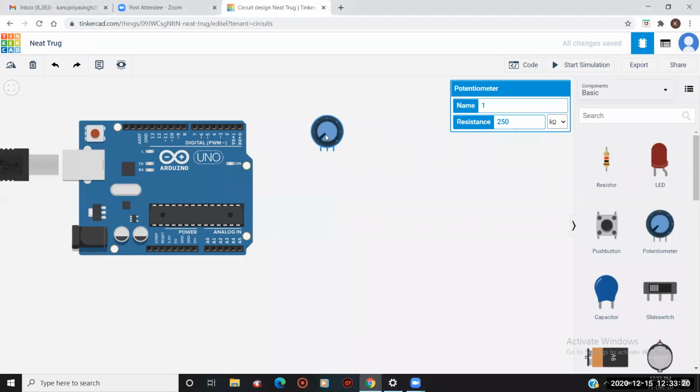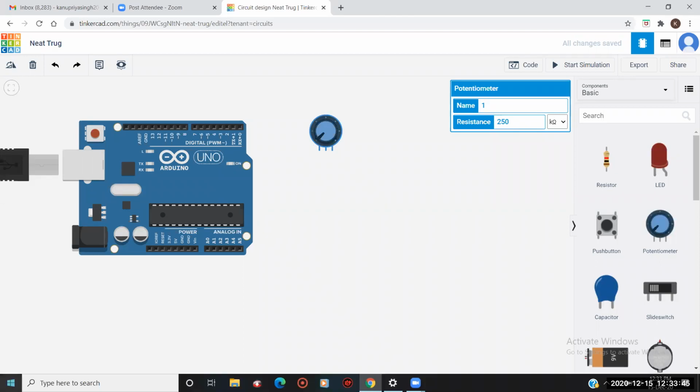What is a potentiometer? Basically, a potentiometer is a three-terminal device which is used to vary a value. Those values could be current, voltage, or resistance. Basically, you know resistors, right?